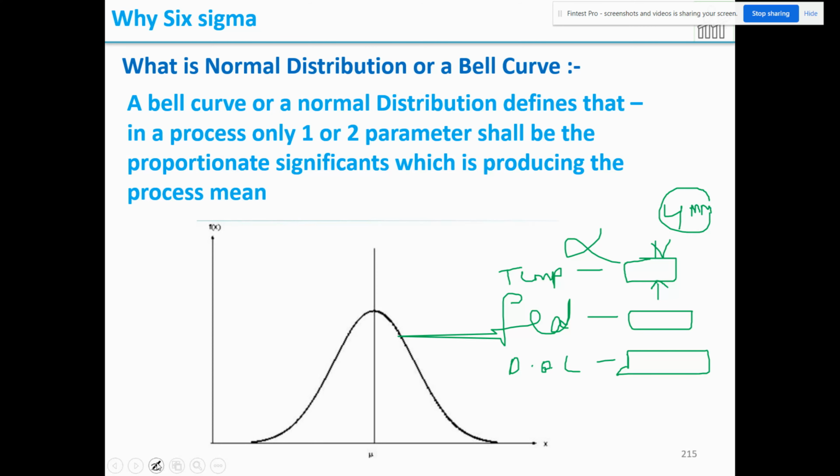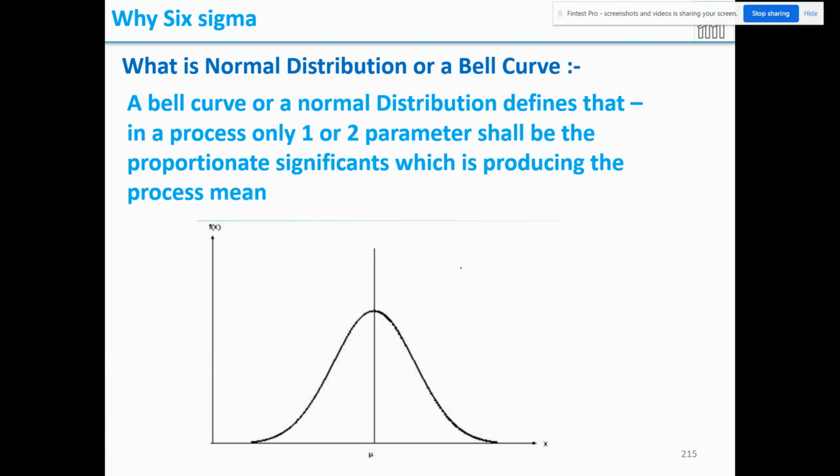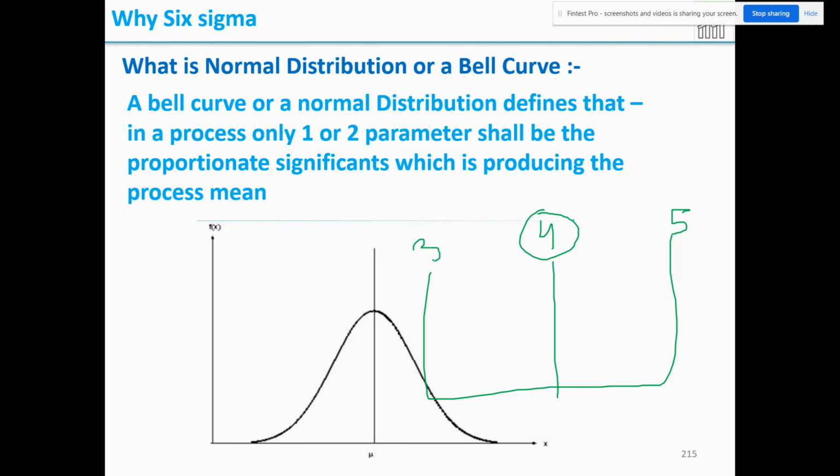So now keeping this also in our mind, what we are trying to do is we are trying to fine tune all the parameters to achieve 4 only, correct? So say this is a standard graph. 4, this is the drawing mean. This will be 5, your upper specification limit, and 3 will be the lower specification limit. So we are fine tuning all the proportionate parameters to achieve 4 only, the drawing mean only.